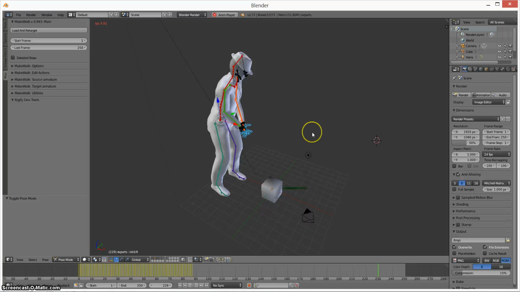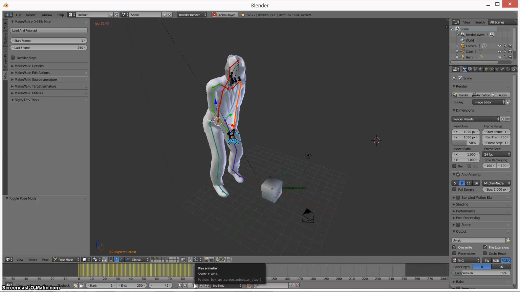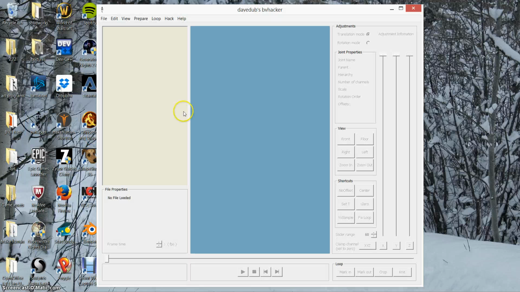One last thing I want to show you though, and for all intents and purposes the tutorial as far as Blender goes is over, but I do want to show you this tool that will help you to make your BVH file or customize your BVH files. This is another open source program. It's called BVH Hacker, and it's especially useful for game creators. Animators will also find a lot of use in it, but if you open a BVH file,